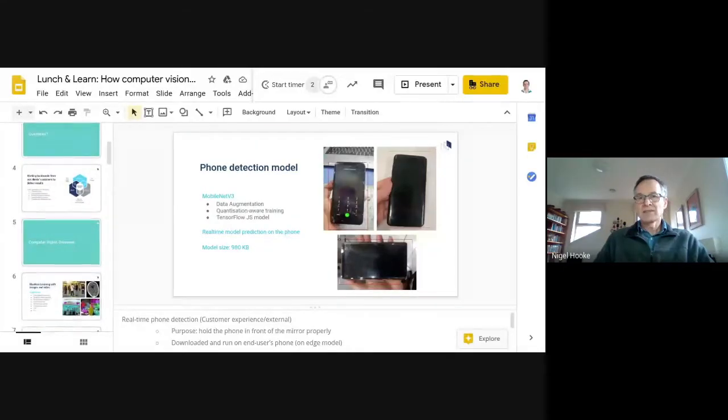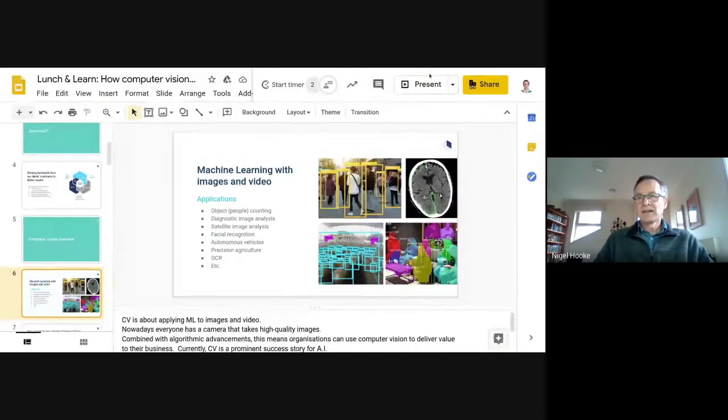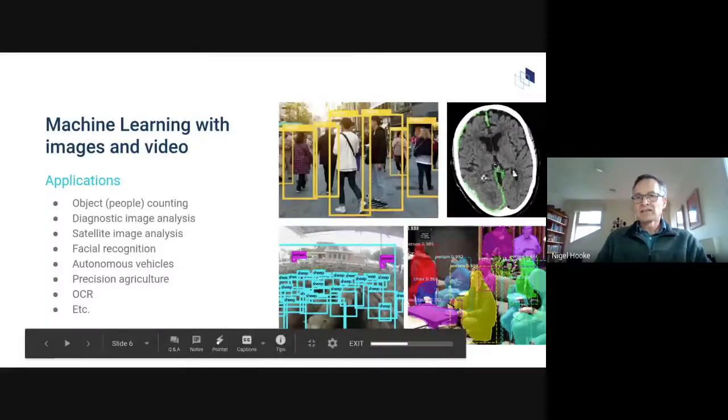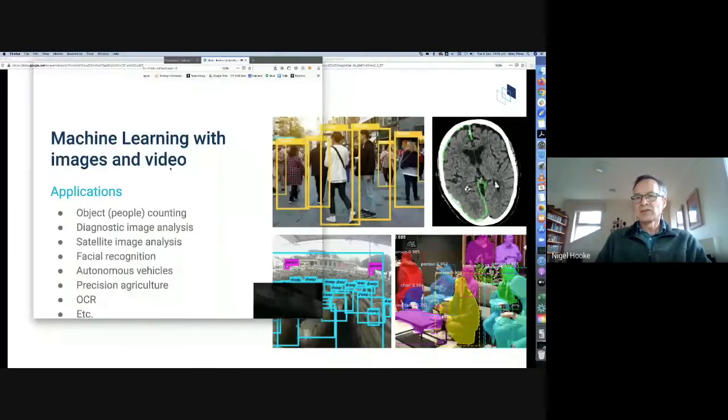So if you have, say, a diagnostic image of the brain, you might be studying that, looking to find any areas with a particular kind of injury. And in that case, you'd use a technique called semantic segmentation, which just detects parts of the image. And here you can see a picture of a brain slice with some areas highlighted in green.